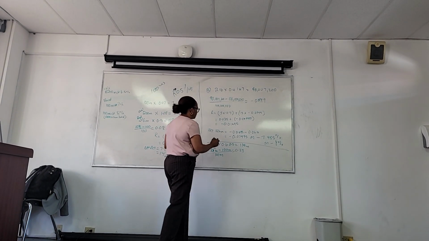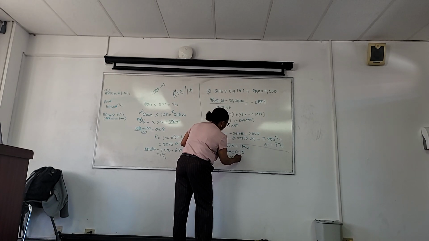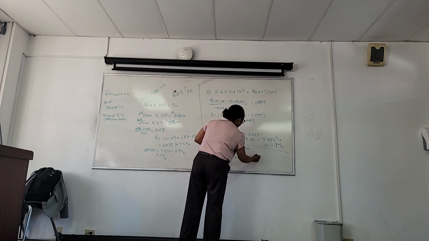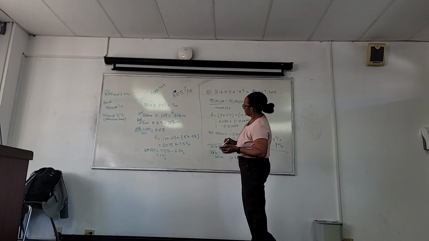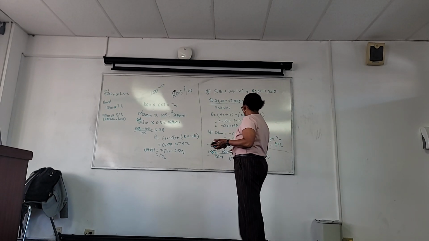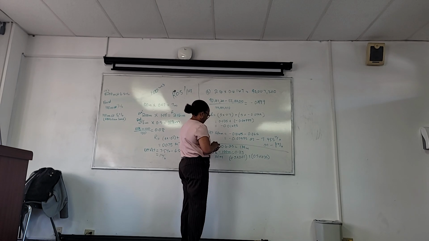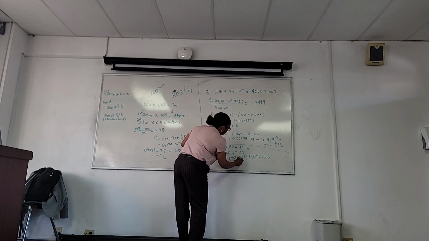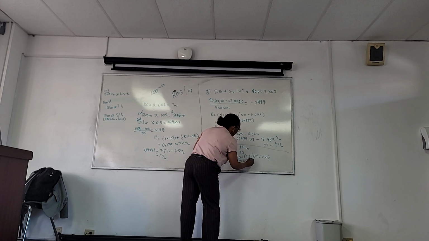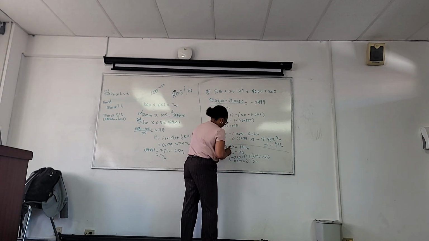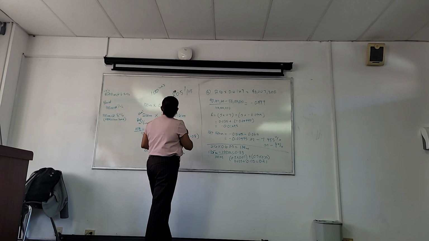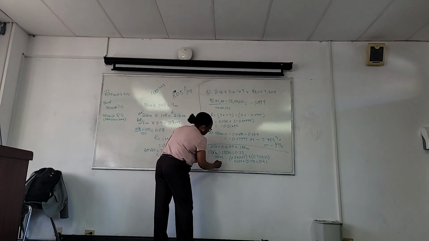Okay. And then what you're going to do, you're going to say 0.5 times 0.07 plus 0.5 times 0.5. It's 40. Alright, so it is